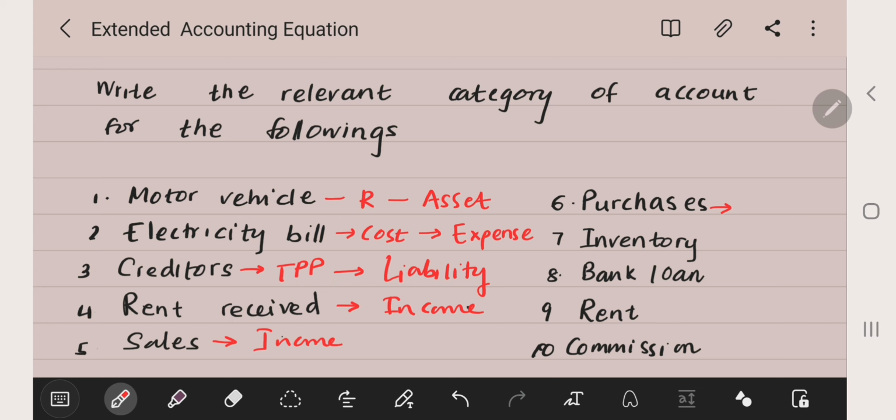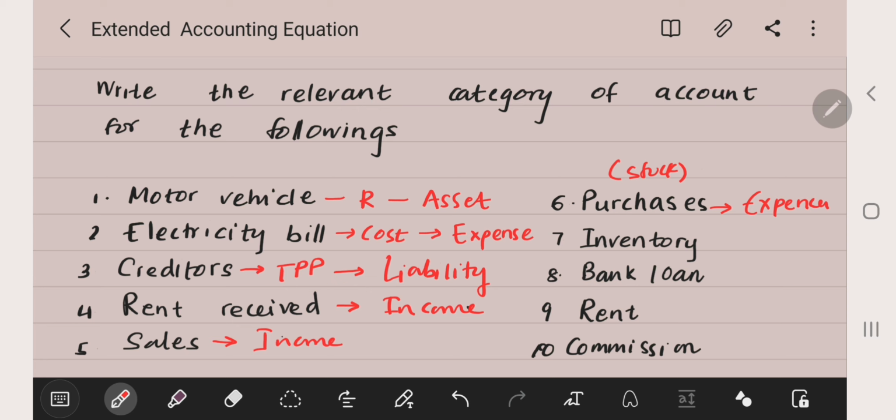Purchases. Purchases are the raw materials that we buy in order to sell in the business. When you purchase especially stock, you are purchasing that stock with the intention of selling. So that is a cost in the business, a cost that we bear in order to earn an income. So purchases would become an expense in the business. But be careful: if it is a motor vehicle that we are purchasing, it is not for the selling purpose. So a motor vehicle will become an asset.